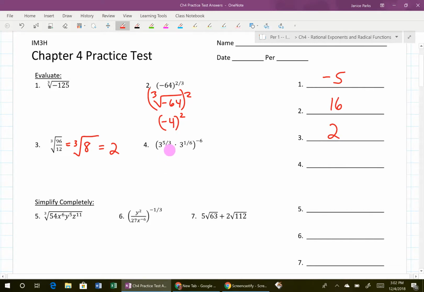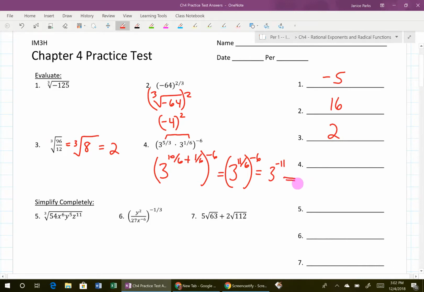For number 4, you're going to add the two exponents. So 5/3 is 10/6 plus 1/6 to the negative 6. So when you add that, you get 3 to the 11/6 times negative 6, which is 3 to the negative 11,